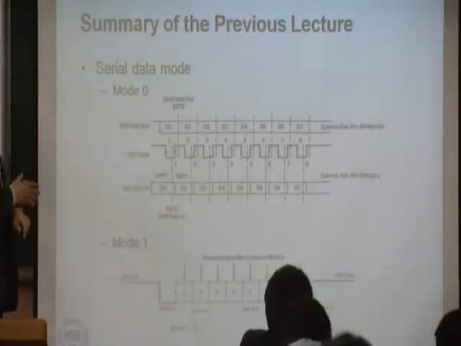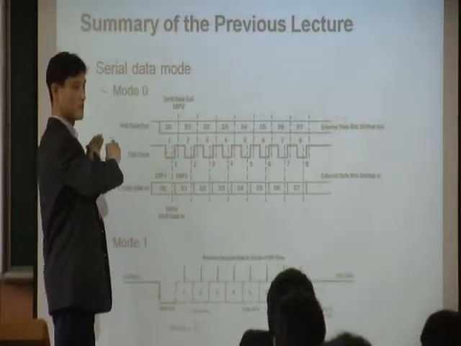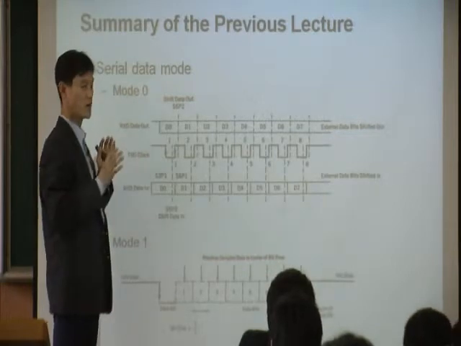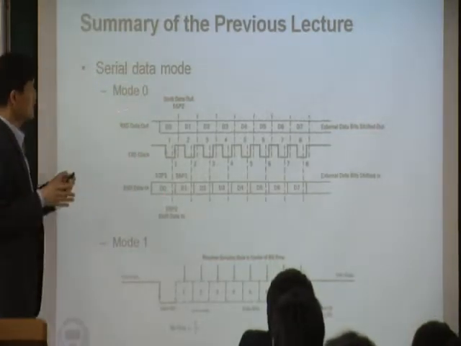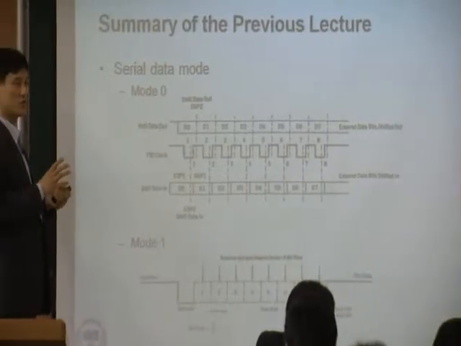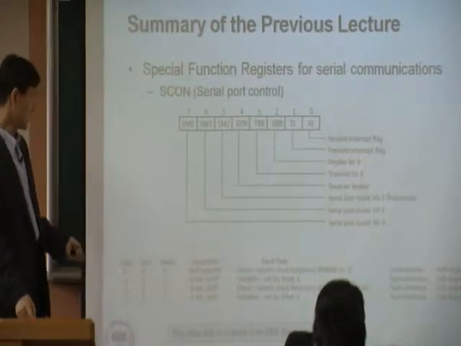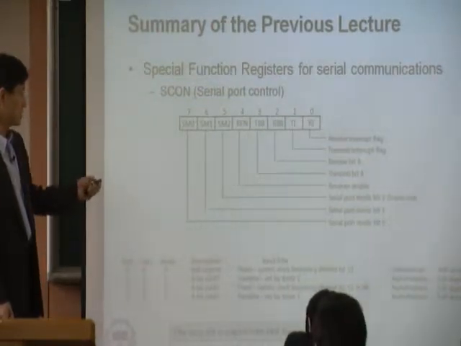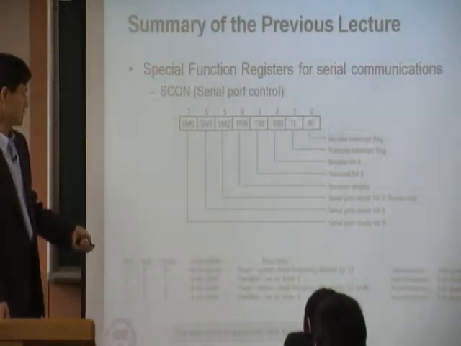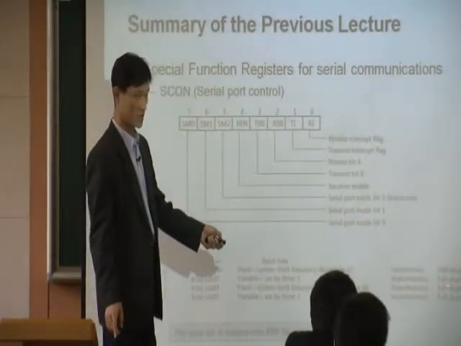So now let's look at the packet, or how the data is transmitted over the wire. This is the case with mode 0. What is special about mode 0? Mode 0 is a synchronous communication. Come back here. When you have mode 0, you put 0, 0 here. That means you are using mode 0. In case of mode 0, it's a synchronous communication,